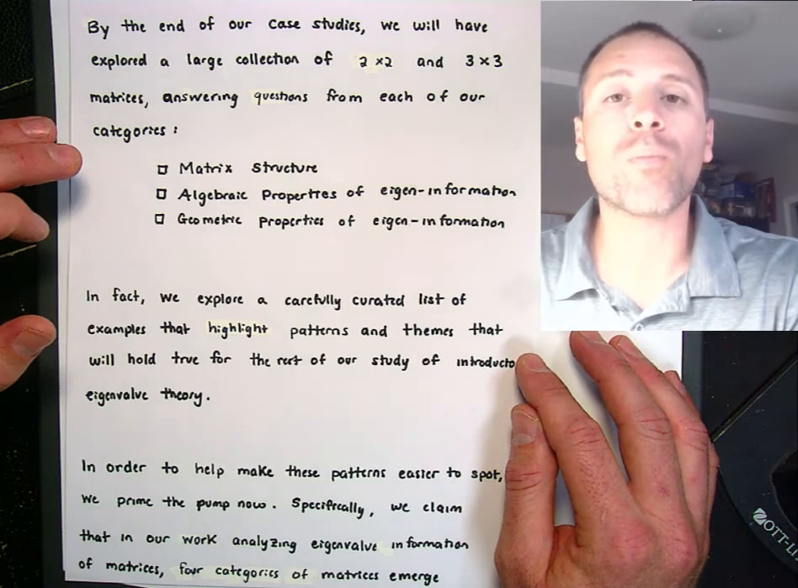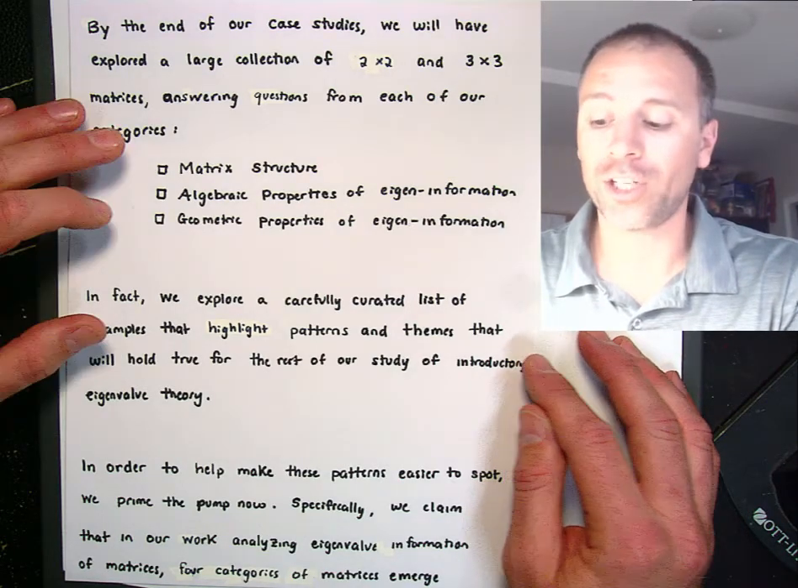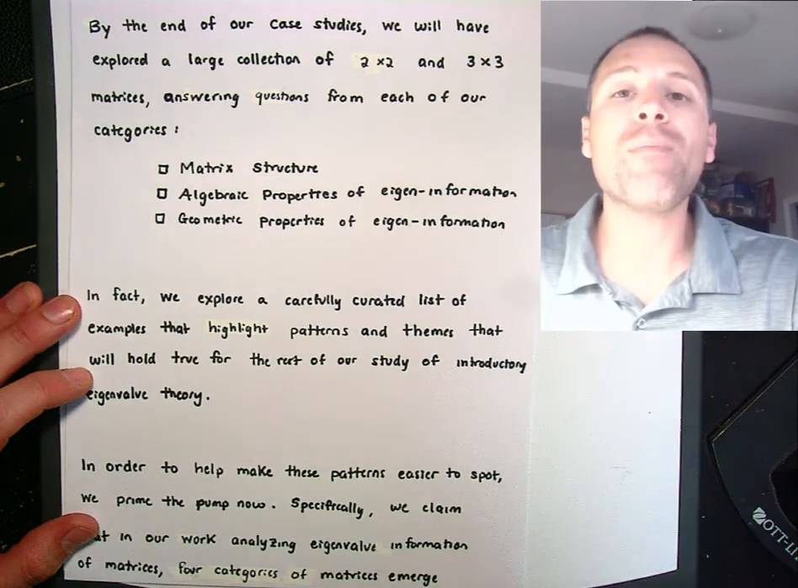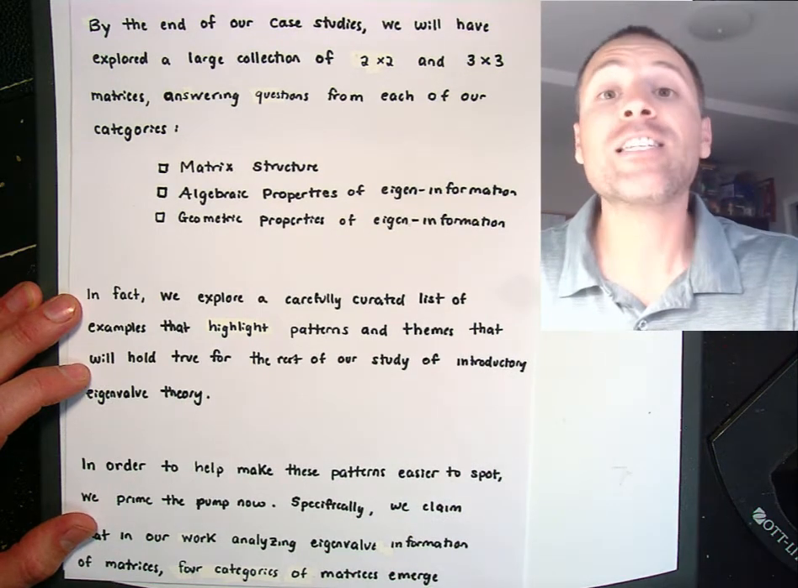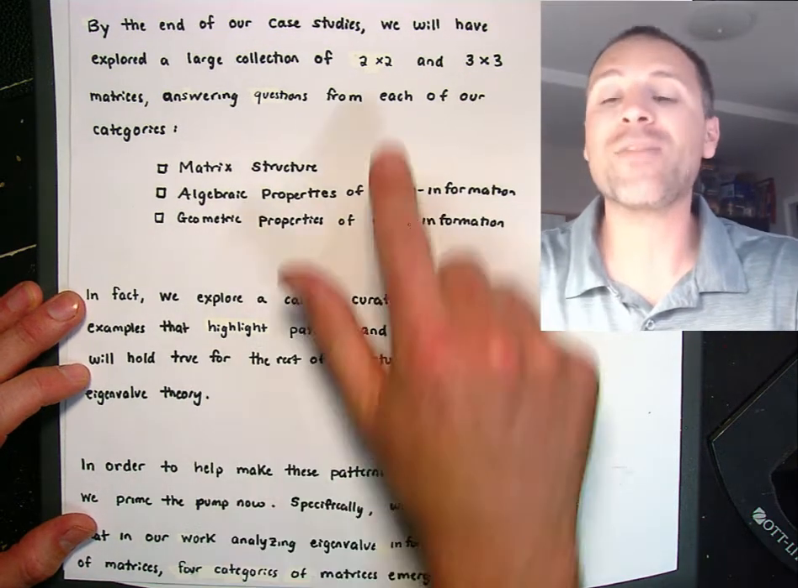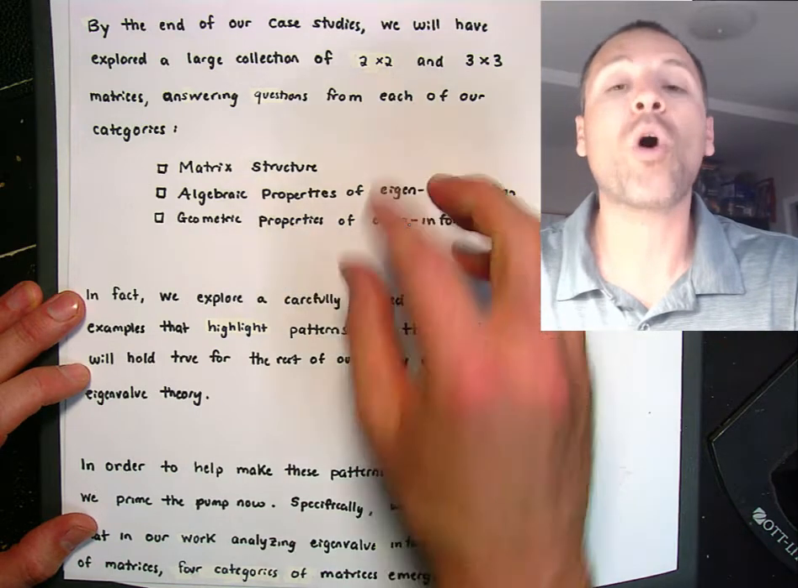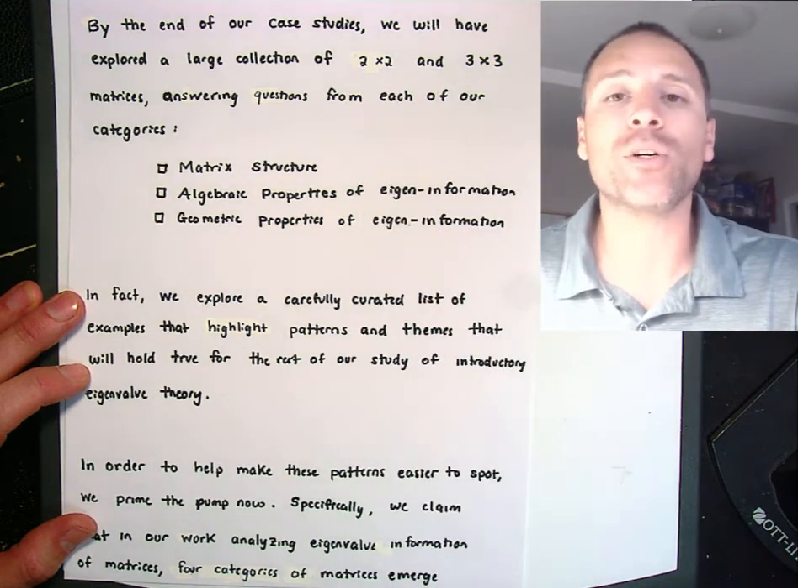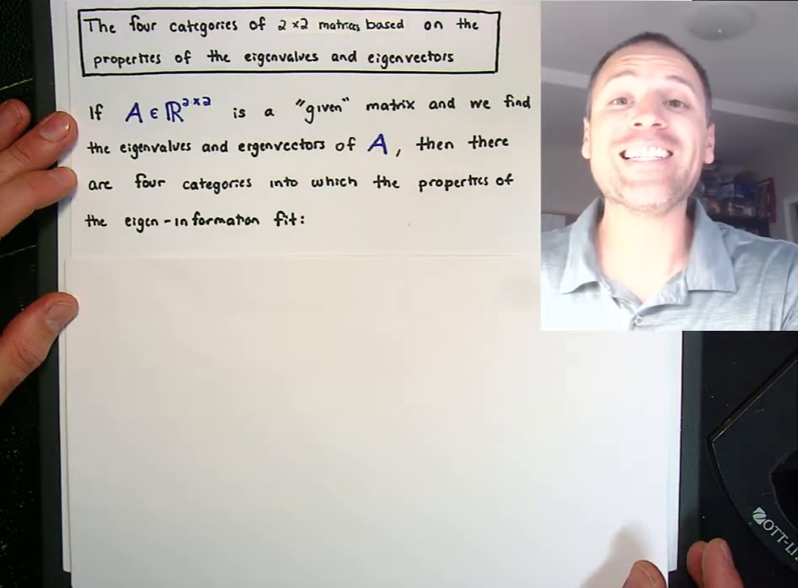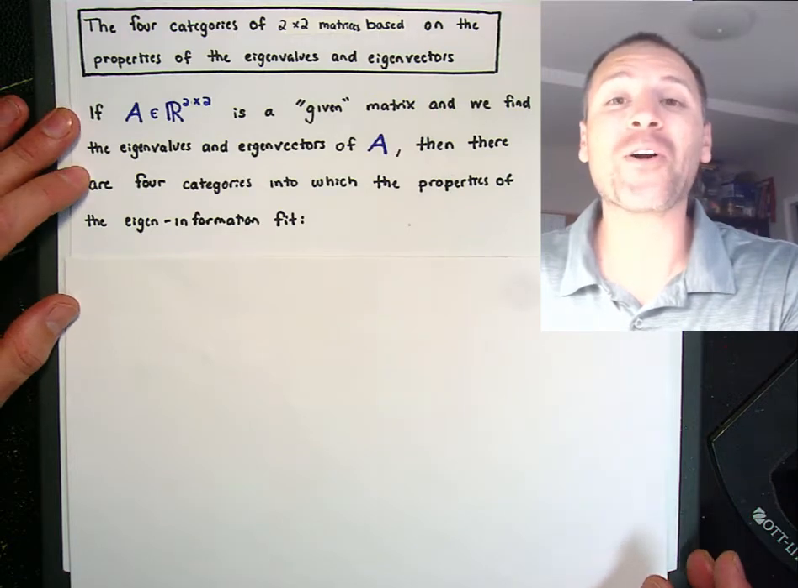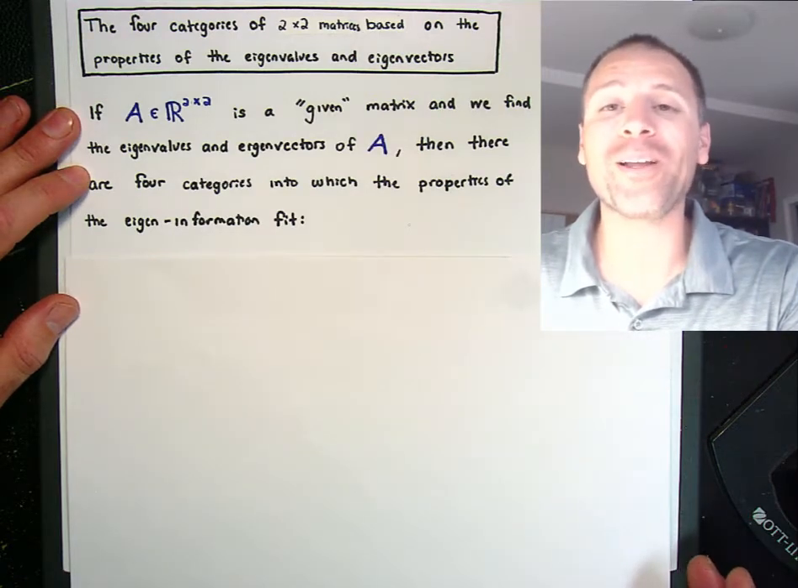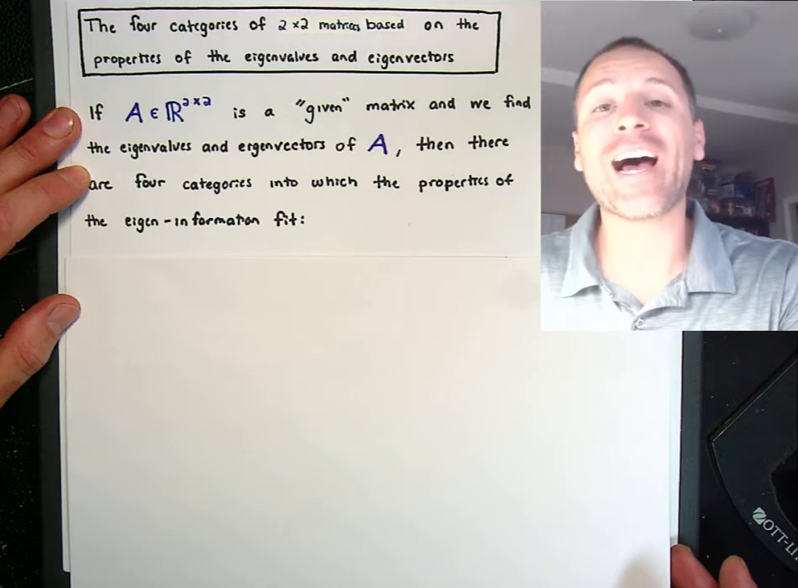Those theorems we will prove later on in our introduction. But for now, I want to prime the pump. I want to discuss some of the patterns that are going to arise in the 2 by 2 case, and we'll highlight those in each individual example that we study. The good news is that for 2 by 2 matrices, there are only 4 possible categories of eigenvalue and eigenvector